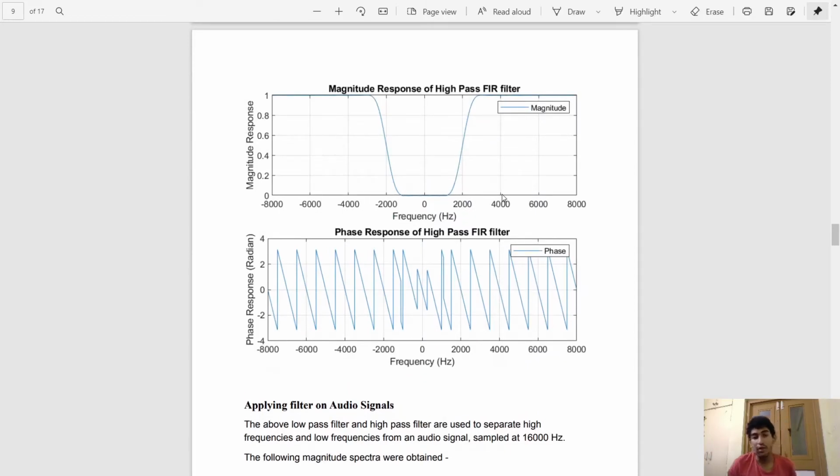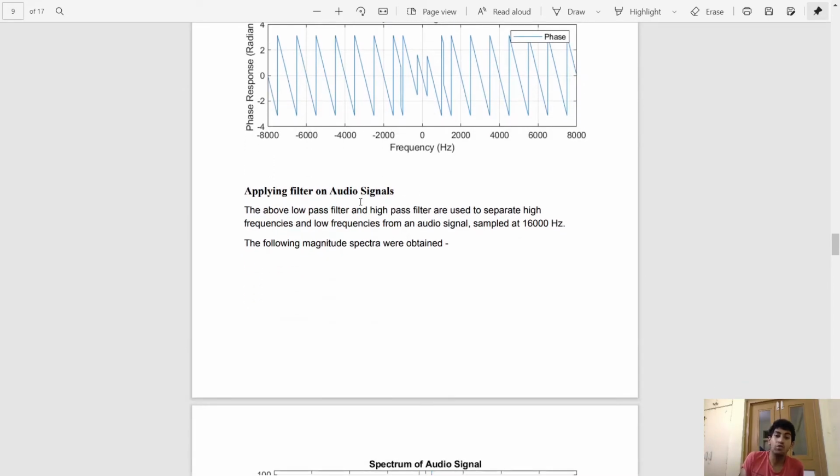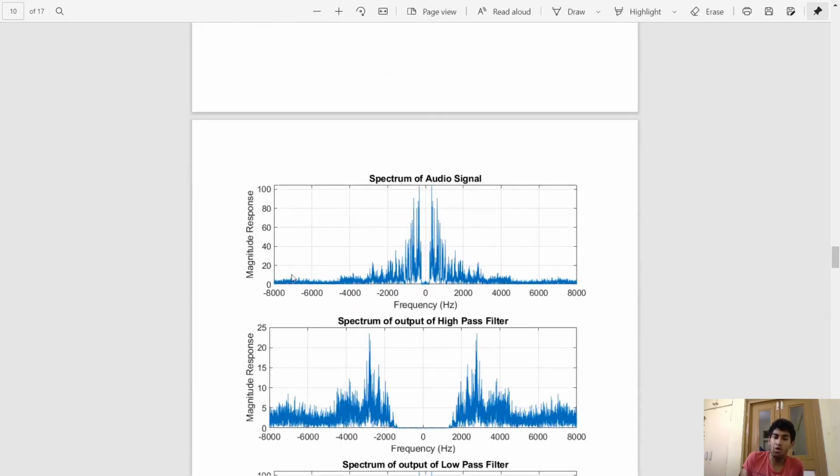This crossover system that we just showed divides the audio signal into two parts and gives them to a high pass filter and a low pass filter. We can actually implement this using audio signals that were sampled at 60,000 hertz. In this case, I've used a song called Bohemian Rhapsody by Queen, and this is the frequency spectrum of the audio signal. As you can see, we have a high number of frequencies, varying from 0 to 8,000 hertz. This range of frequencies cannot be played by one single audio device.